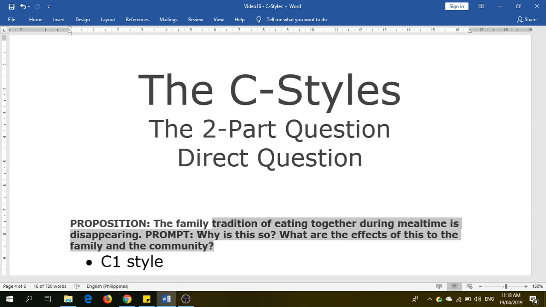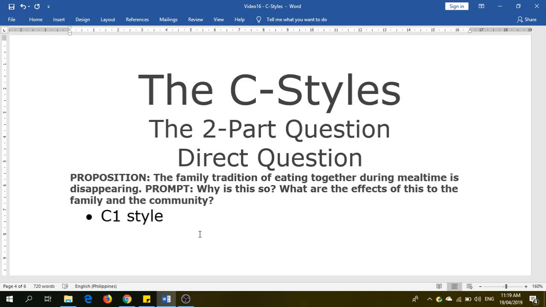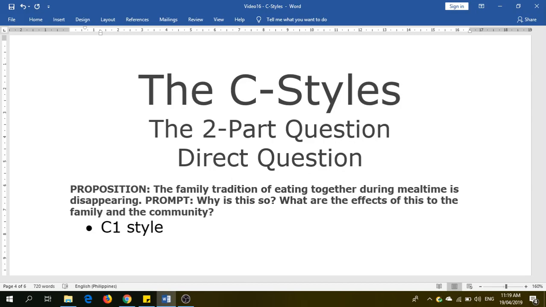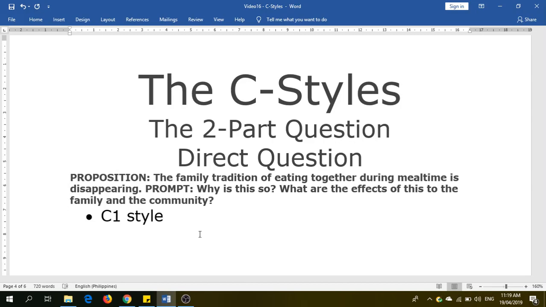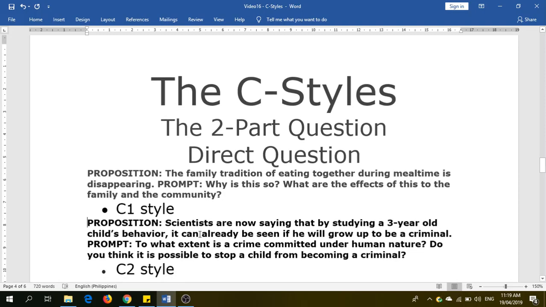So more or less, you'll have to be very aware of the particular trend and what causes this trend, and that was what my student did for that particular essay. Go back to video number 15 if you haven't seen it yet. So clearly, it's a C style because there are two explicit questions, answerable one-sided. But there are certain questions that suddenly become crossovers, and that is what we encountered with the next question. Also demonstrated in video number 15, wherein a student of mine scored a band 7 using the C2 style.